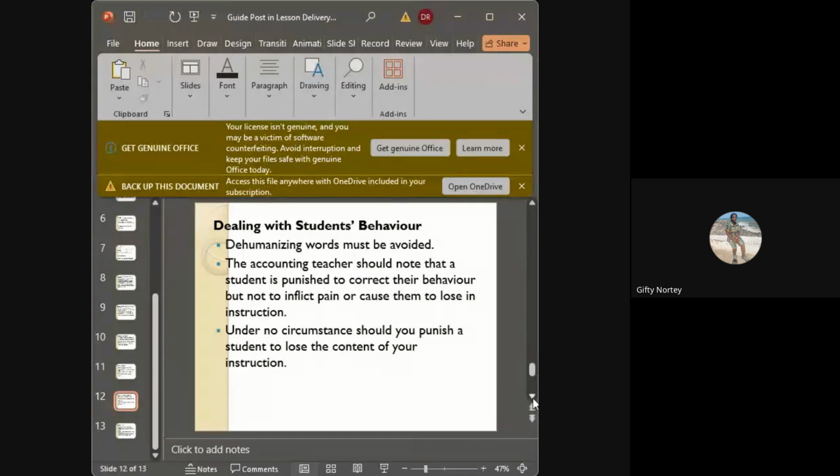Because if I turn and start looking at you and you continue doing what you are doing, then the next thing is either you go out and pick rubbish all over the compound, that is during break time, whilst everybody has gone to break, or you go and scrub the washroom. Immediately I turn and start looking at them, they stop whatever they are doing and concentrate on what I'm teaching. So that is what sometimes I do.